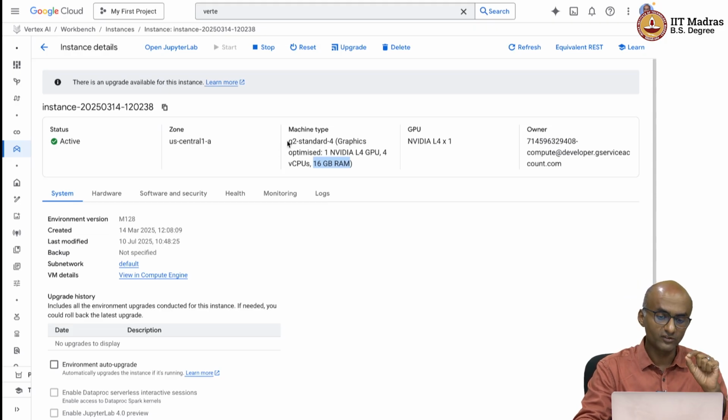Now, why do I need to use G2 standard 4? Why not use one of the N2 series which has a higher memory configuration? The reason is I need the latest accelerator of NVIDIA to run these Gemma 3 models. Why is that the case? Because